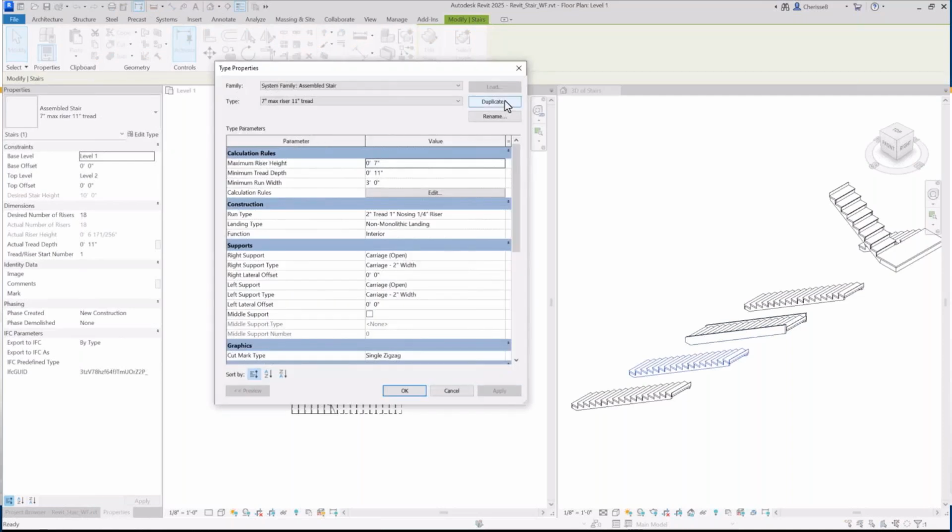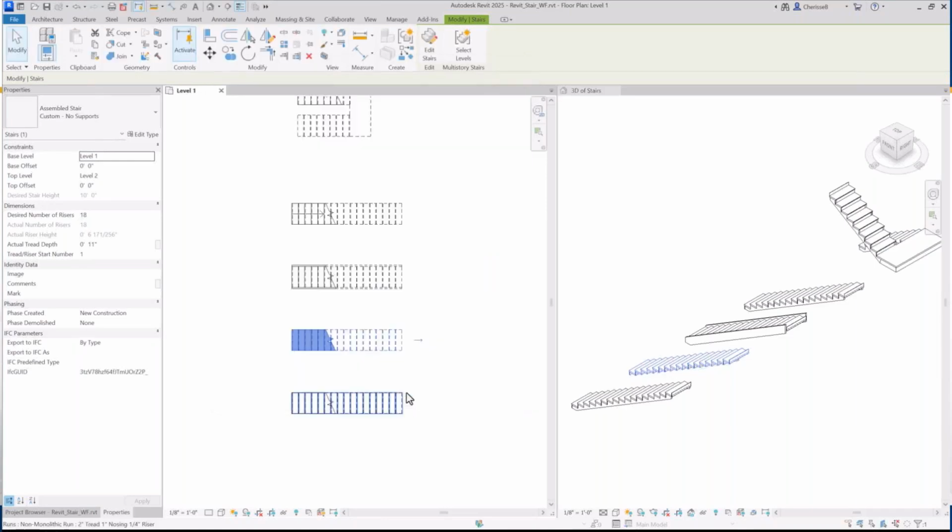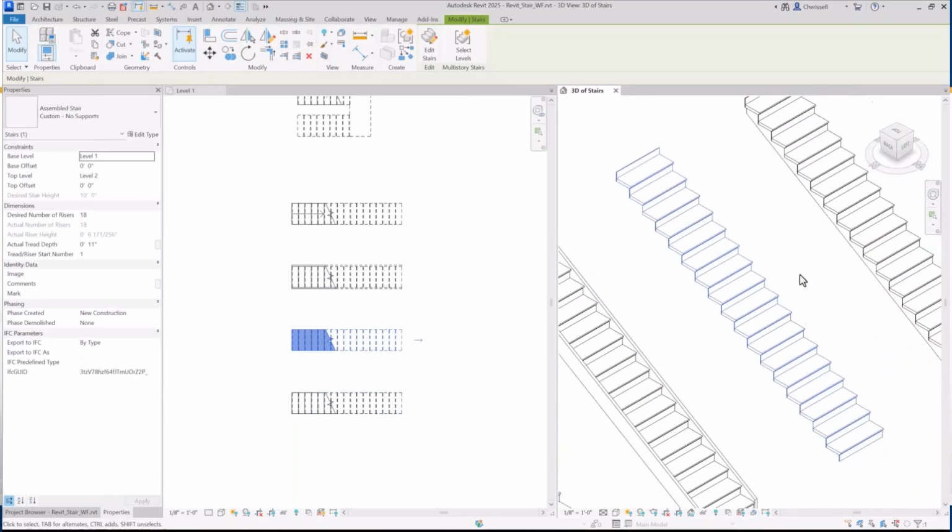So I'm going to create another one, duplicate, but this time I'm going to turn off or set the right and left to have no supports. And we'll take a look at some other options with this as well. So for left and right, I'm going to set it to none, but I am going to select the checkbox for middle support and leave the other settings as is for the middle support. And once I hit OK, you can see in the 3D view that you can only see the